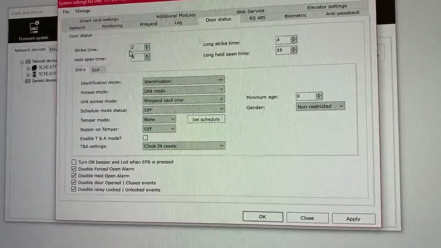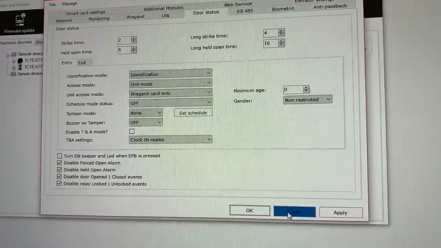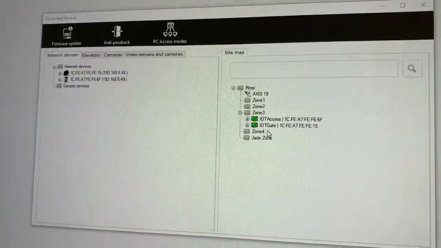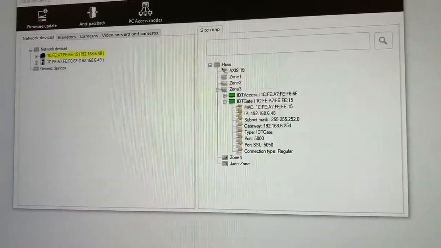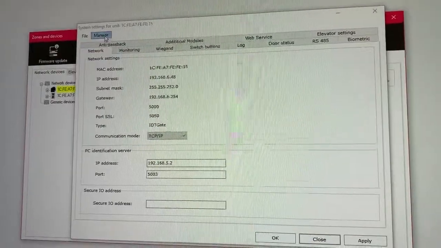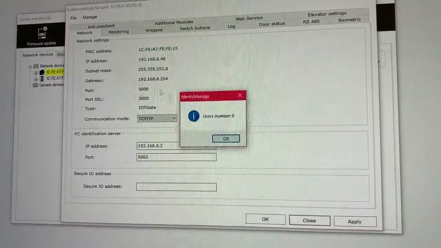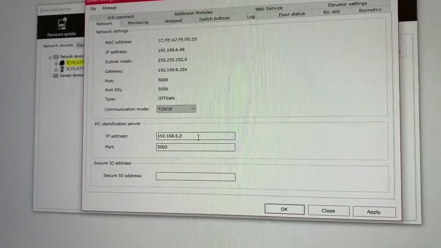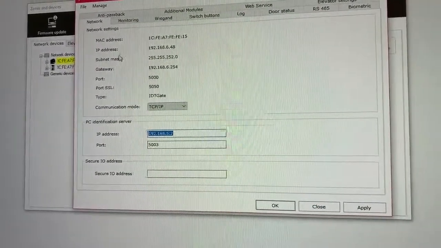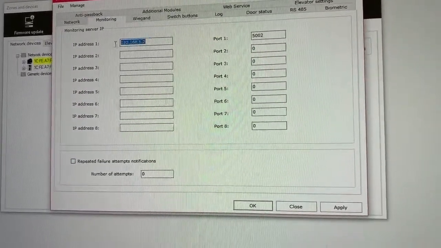let's see, we're going to get the user number on the device. There are no users currently on the device. It is completely empty. And we're going to go over to the gate and we're going to show the same thing. And we're going to show that there are also no users on the device. I've set my PC identification server. This is the IP of my computer, as well as my monitoring address here as well, so we can see